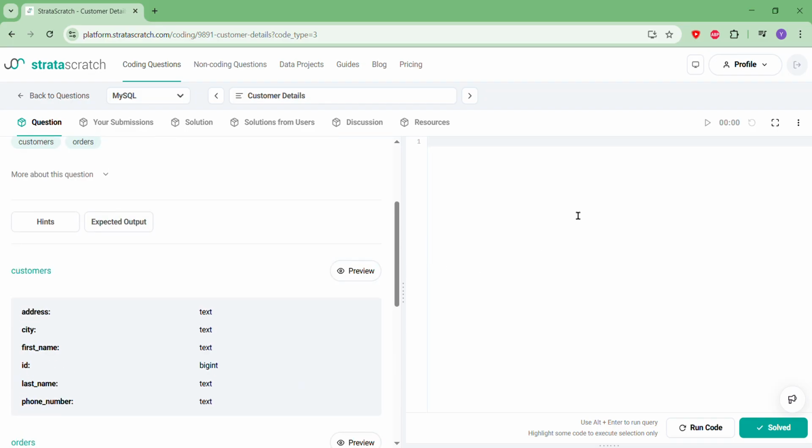So let's start. Select star from customers, left join, so that we get the customers that don't have any orders. Also orders O on c.id equals O.customer ID and order by